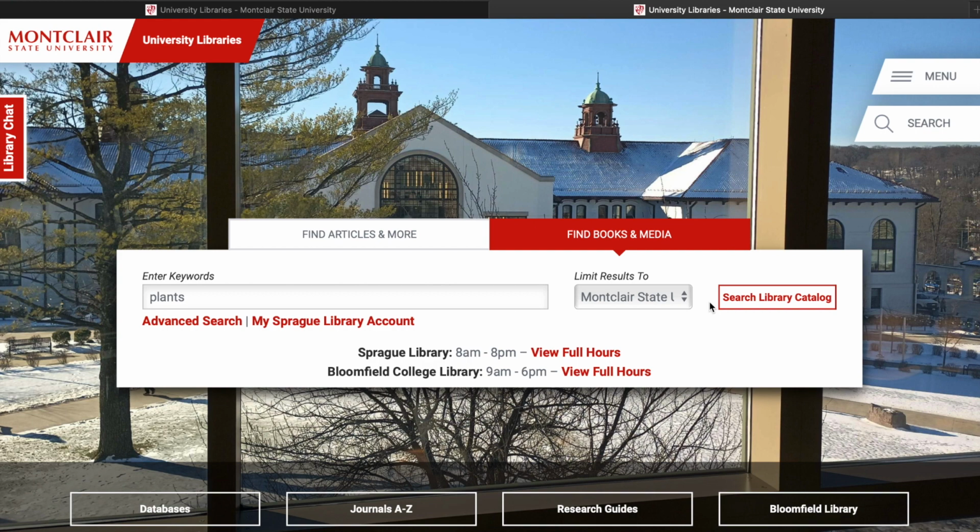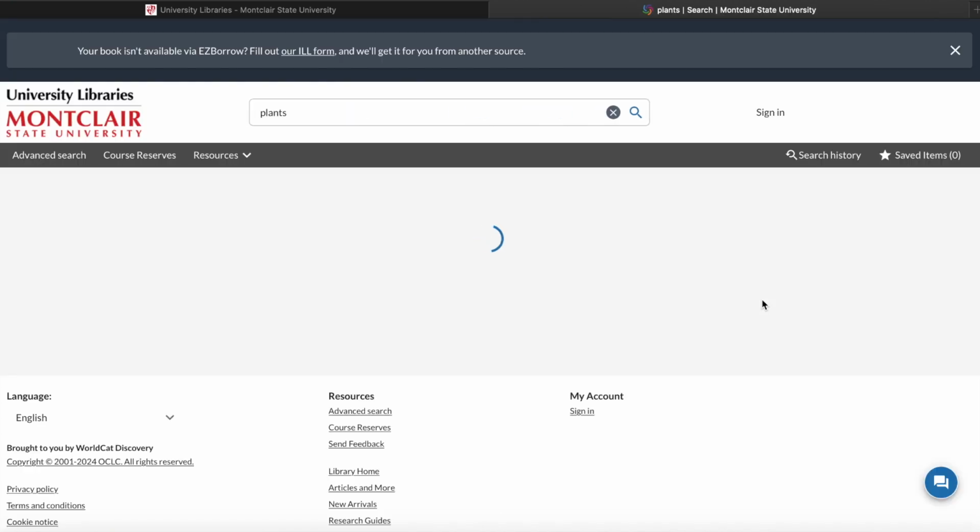You want to start at the library homepage at montclair.edu/library and click on the tab Find Books and Media to search the library catalog. Type in some keywords for your search. You can see here I've already typed in plants, and click on Search Library Catalog. Your search results will show up on the screen, and you can see how many results have come up here